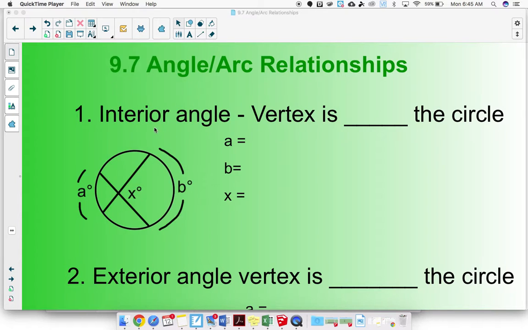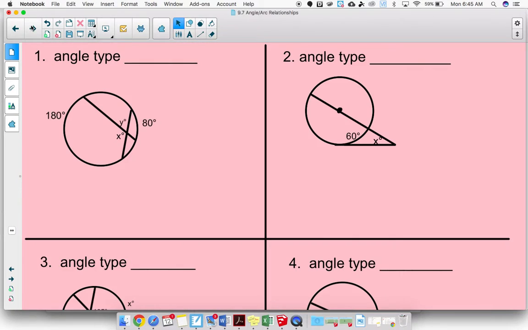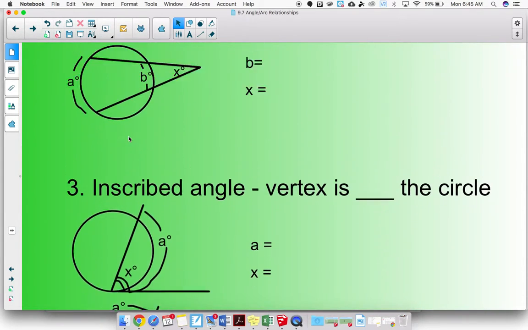I'm going to first have you record the 4 formulas that we're going to do on this page, and then we're going to do some sample problems together. Okay. I want to make sure you understand the difference between the types of angles and how you can determine